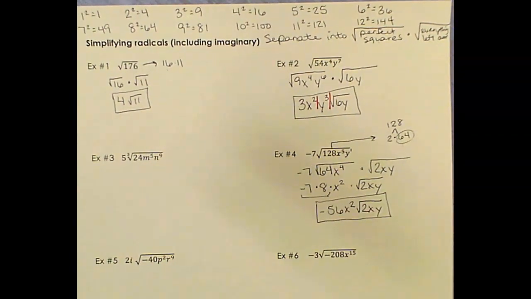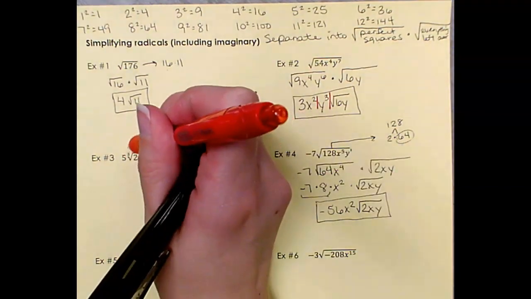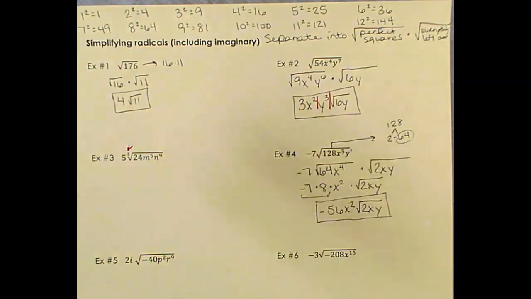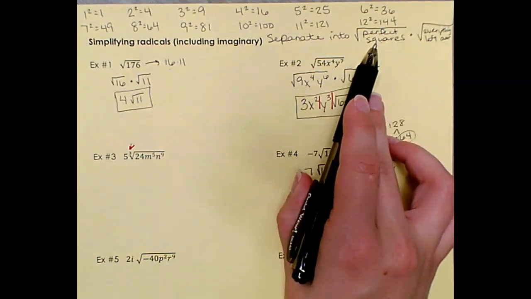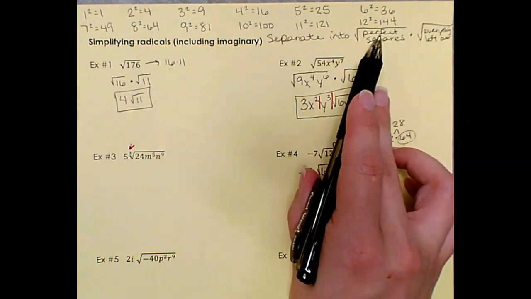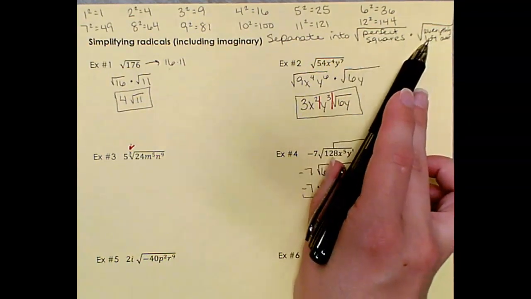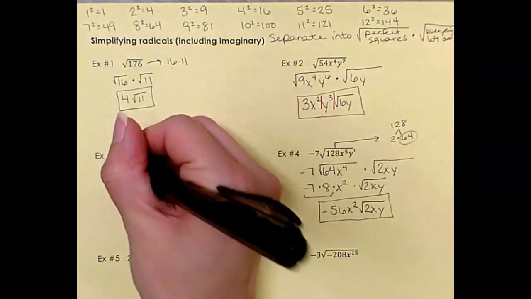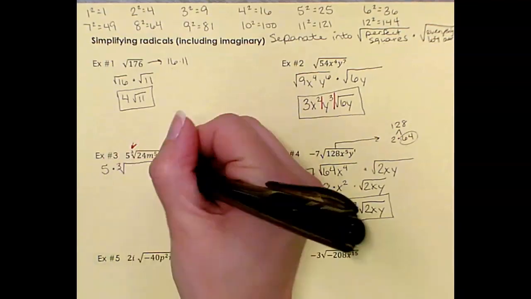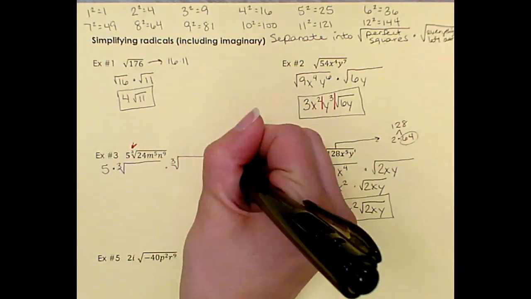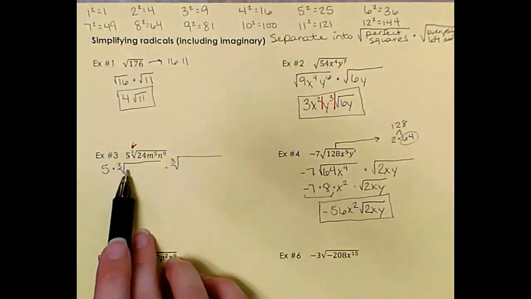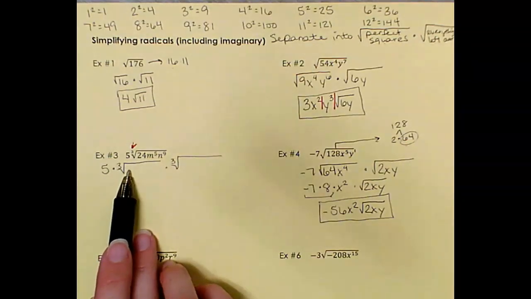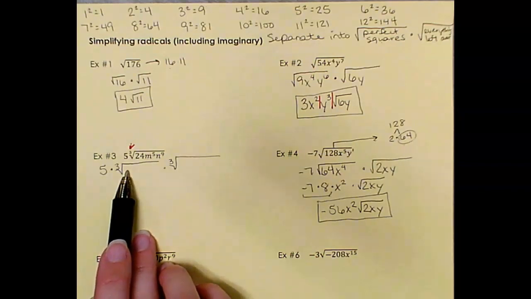All right. Now let's look at example 3. Example 3 is a little different because it has this. So instead of finding a perfect square and everything left over, I want perfect cubes and everything left over. So my 5 still hangs out here. It's my coefficient times the cube root of my perfect cubes times the cube roots of everything left over. So anything in here needs to be either a perfect cube or a variable with an exponent that's divisible by